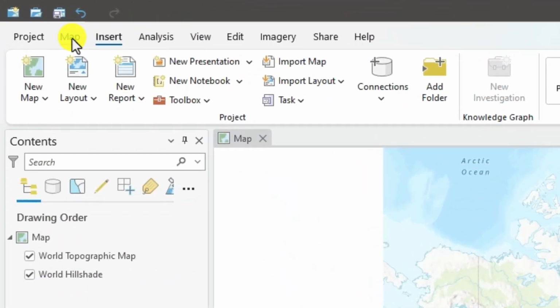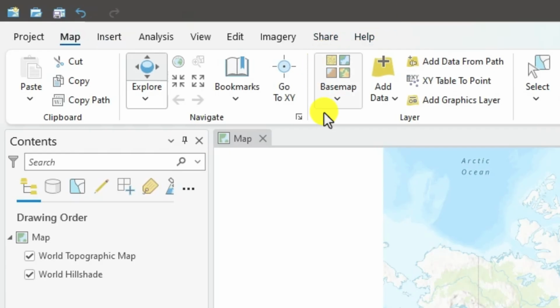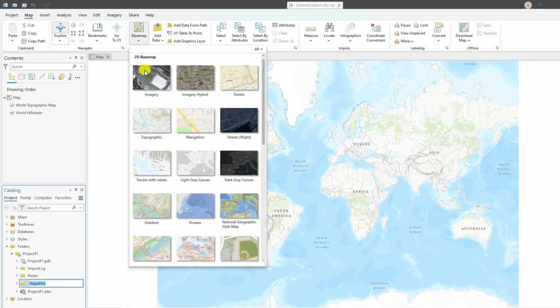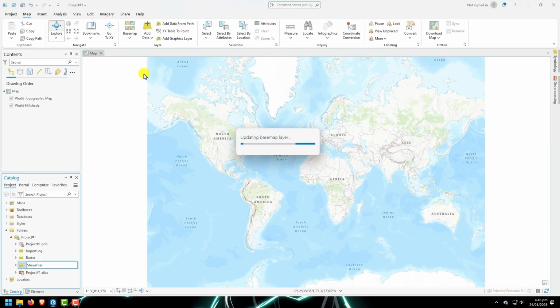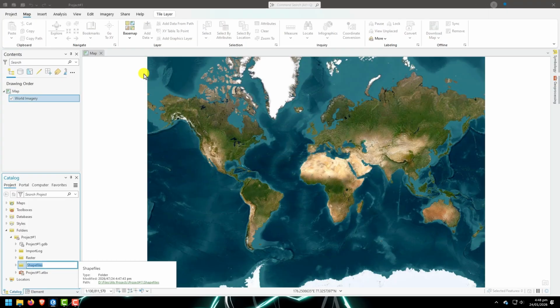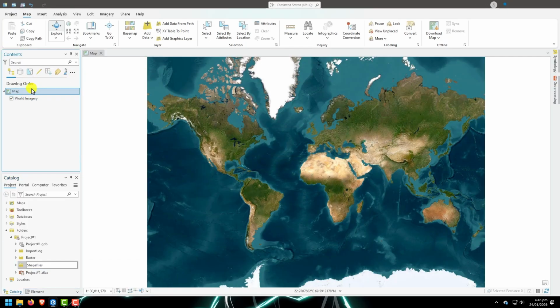Next, head over to the map ribbon and change your base map to imagery. This gives us a satellite view, making it much easier to identify our location and verify our data against the real-world terrain. Now let's set our coordinate system to WGS 1984 UTM Zone 51N to ensure our slope calculations are